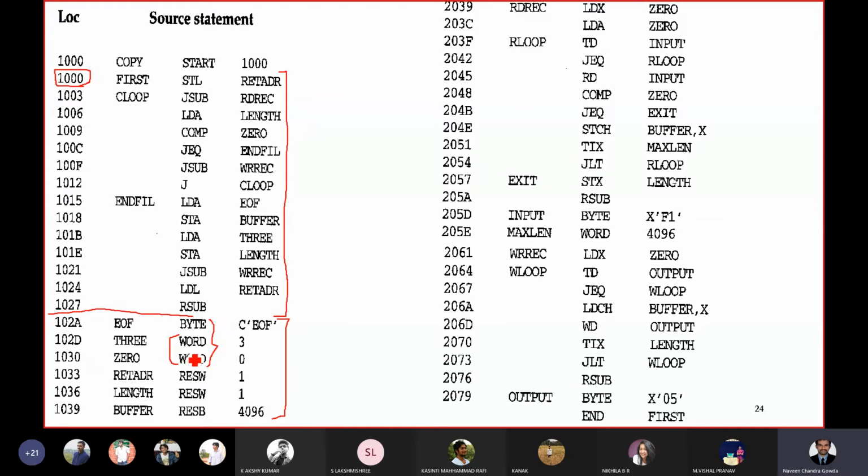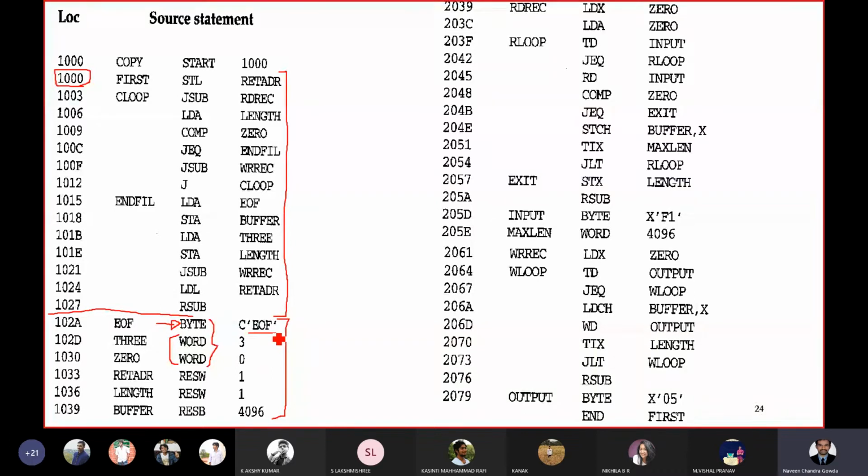We allocate only 3 bytes to word instructions irrespective of the operand. When it comes to byte instructions, you have to allocate memory space purely based on the operand. The operand here is EOF, which is a character string of 3 characters, and for each character you need 1 byte, so 3 bytes are required.